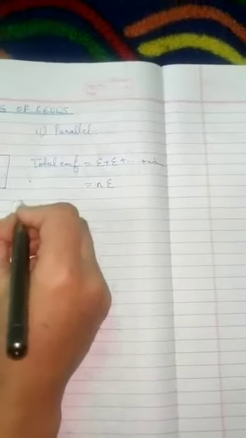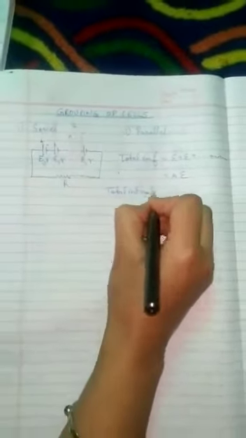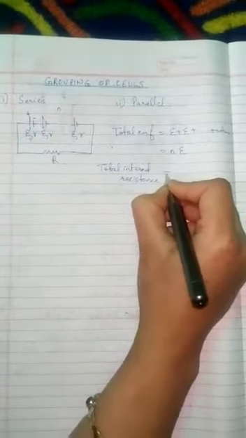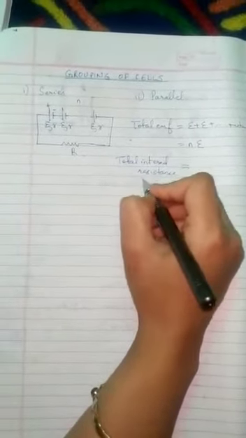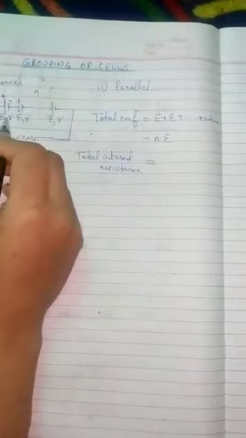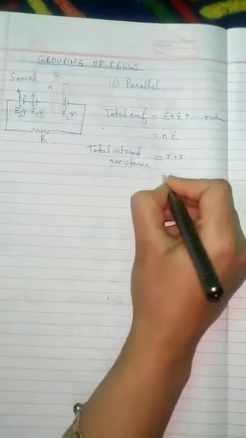Now what will be the total internal resistance? This also has to be taken into consideration. If the question tells you to ignore the internal resistance, then you can ignore the value. Otherwise, you have to consider the internal resistance as well. Now, since these are in series, you will be adding up all the values. That means r plus r, n times. It will be n into r.